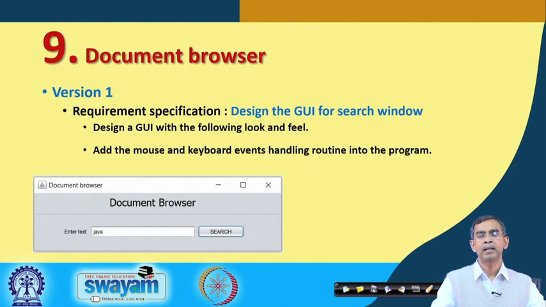Whenever the button is clicked, it will connect to the Google search engine or some other search engine, whichever you want to use in your machine. You have to communicate this search keyword to the search engine, and the search engine will fetch the documents for you and return all the pages containing snippets and links and everything.